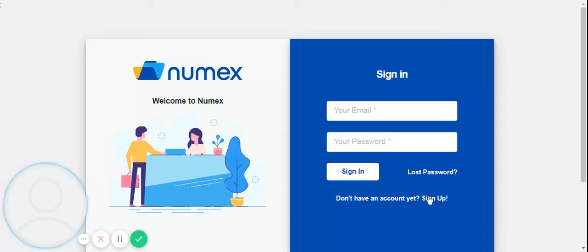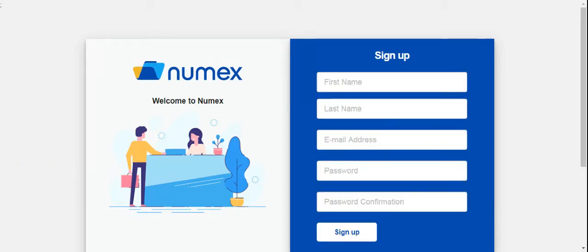Accounting software. This is the software which helps small businesses to save time and to grow. This is the software which has a variety of features that I will show you. Before this, I am just creating one dummy account on this accounting software.